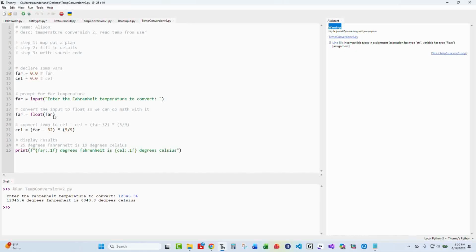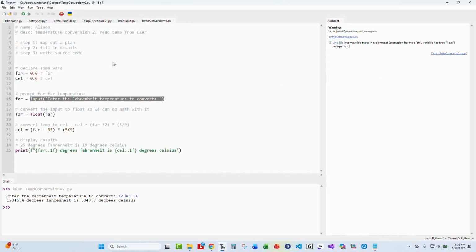And the reason why this is happening is because on line 10, I set my Fahrenheit value to a floating point. And so by the time I get to line 15, Fahrenheit thinks that it's a floating point, but I am then setting it to a string by this input. Now, it didn't stop my program from running, and it didn't rudely terminate my program with an error message. It is just giving me a warning that this could possibly be a problem,